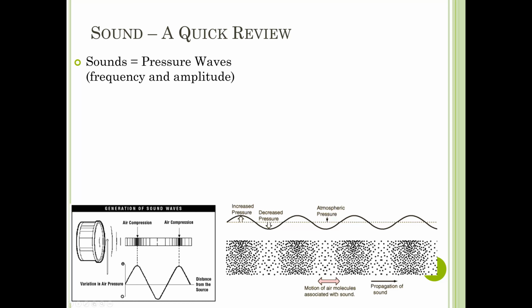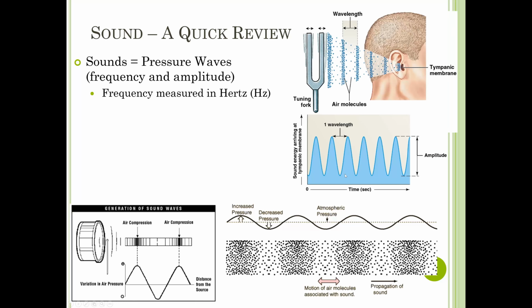It shows the motion of the air molecules. So when air molecules are pushed closer together and then farther apart, it creates these waves, and those are sound waves. So we can measure sound waves in frequency and amplitude. The frequency is how frequently we get these waves per a given point of time. And so we usually measure frequency in hertz, which is the number of waves that pass a particular point per second. So how many waves pass this point per second would be the frequency.